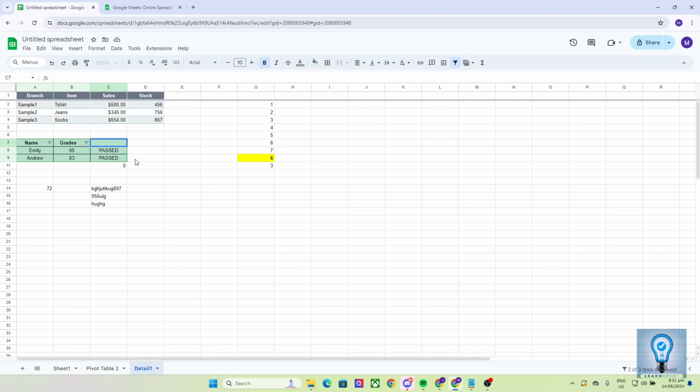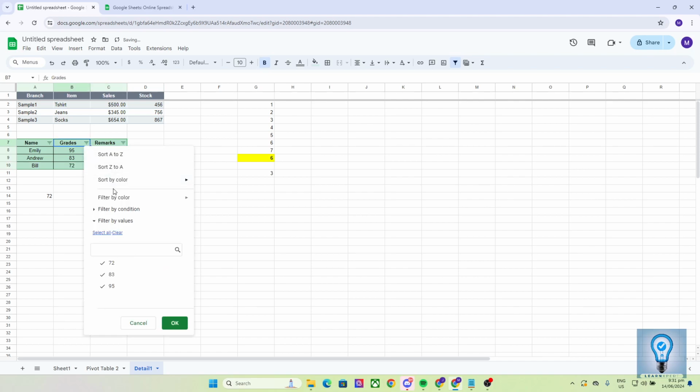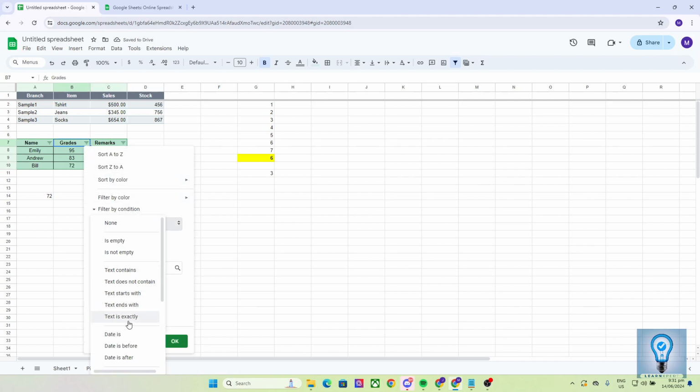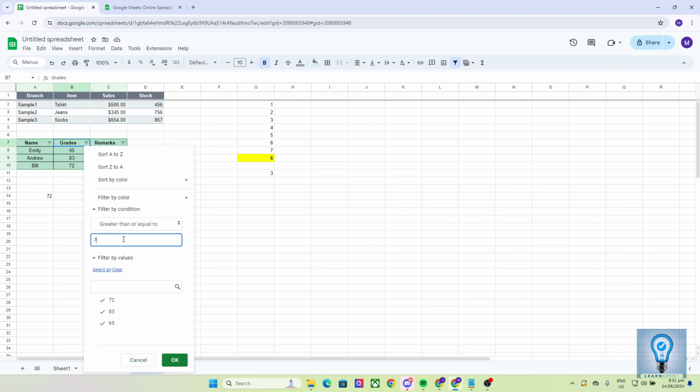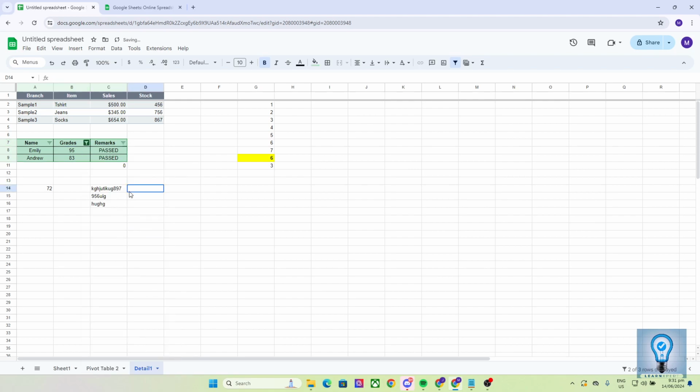Now let's say for example the condition is greater than or equal to 75. Click OK, and now as you can see, it will only display the grades that are greater than or equal